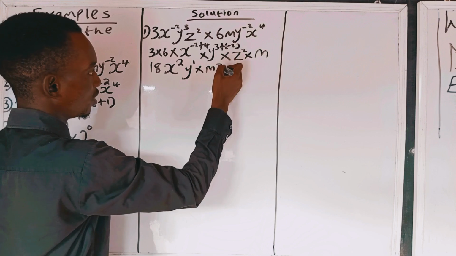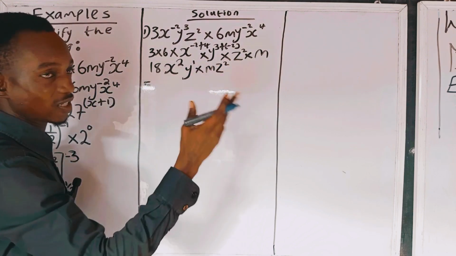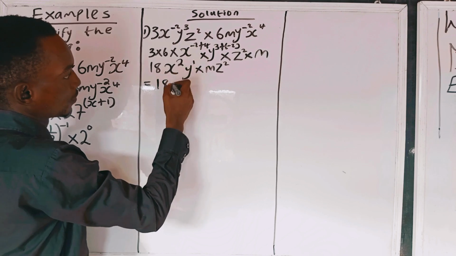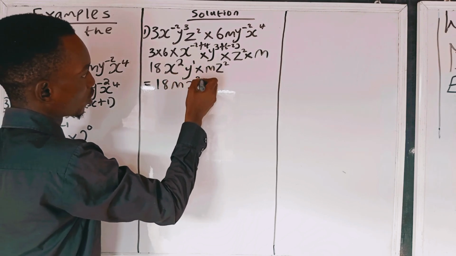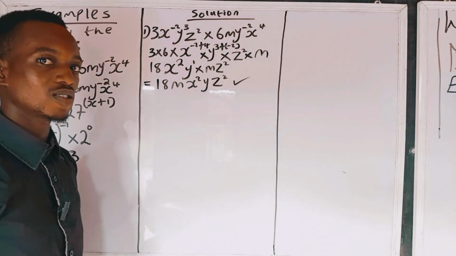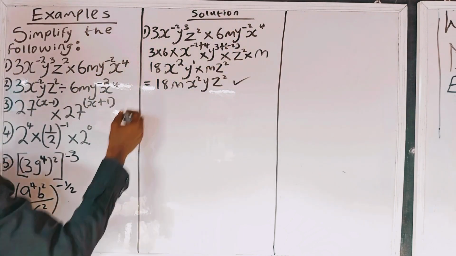Okay, that's m z squared. Now let's write this with the coefficient first and then alphabetically. Okay, we love that in mathematics. So we have 18 m x squared y z squared. Simple as that. That's the solution, applying the law of indices, the multiplication law. Now, the second question is